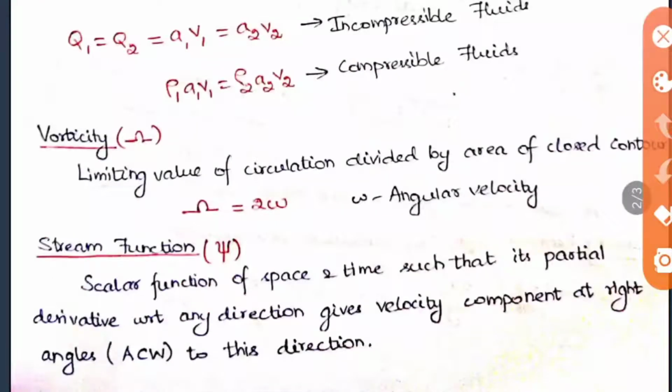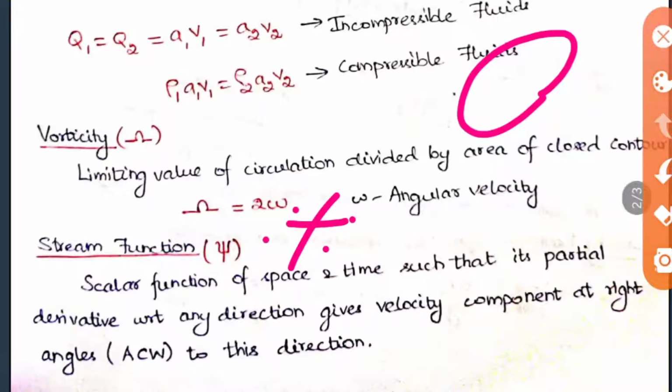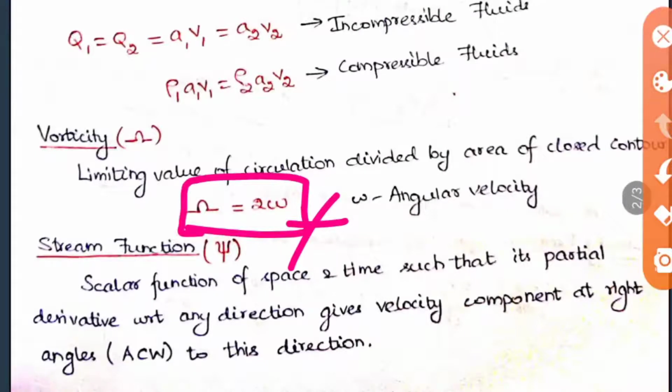The next thing is the vorticity. This is just for this formula I have written here. Vorticity is denoted by this symbol. It is the limiting value of circulation divided by the area of a closed contour. When you traverse the path of any fluid particle, it may create a loop like this. The circulation and the area enclosed in this contour will be taken, and with respect to this the vorticity will be calculated. This is generally equal to 2 times the angular velocity. This is very important. This is enough for knowing about vorticity.